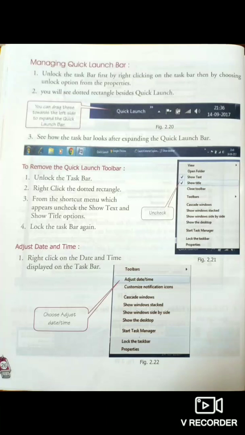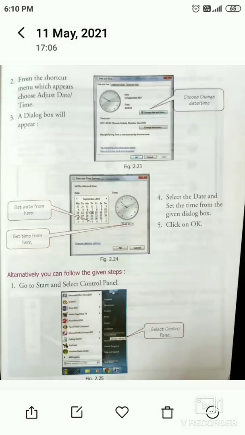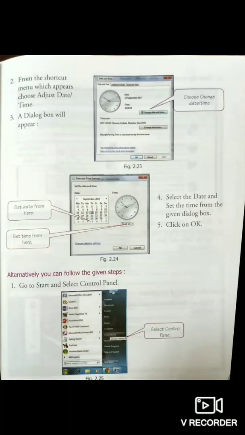After managing this quick launch bar, we can also adjust the date and time of the computer by following some steps. First of all, for adjusting date and time, we have to right click on the date and time displayed on the taskbar and then from the shortcut menu which appears, choose the adjust date and time option.